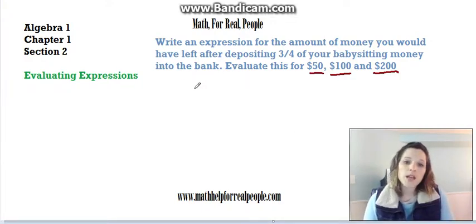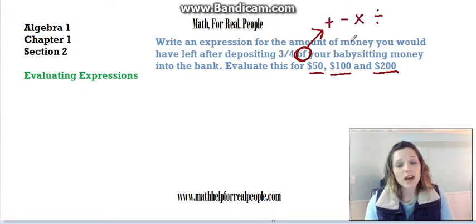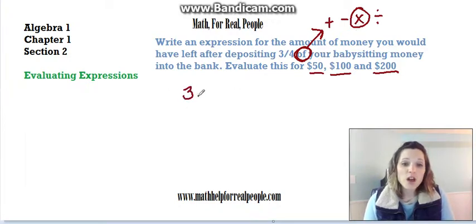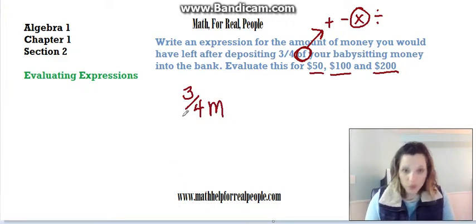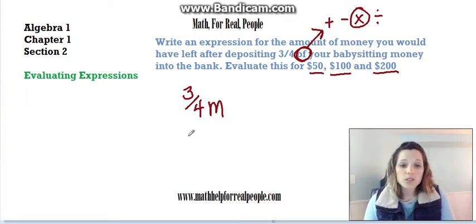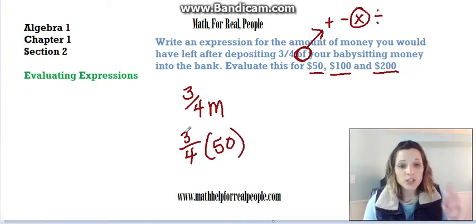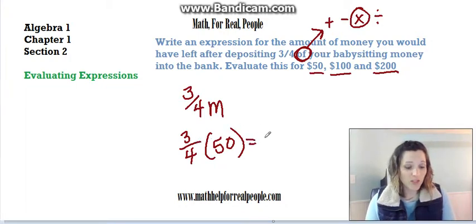So you would say 3/4 of, whenever you say of, that means what operation? Am I going to add, subtract, multiply, or divide? And you will say multiply. So 3/4 of my babysitting money. There's your expression, 3/4 of the money. So now you need to figure that out if M is 50. You can do this in your calculator, 3 divided by 4 times 50, or you could do 0.75, because everybody knows 3/4 is 0.75, right? Times 50, and it gives you the